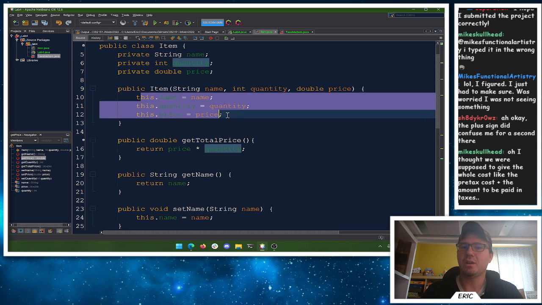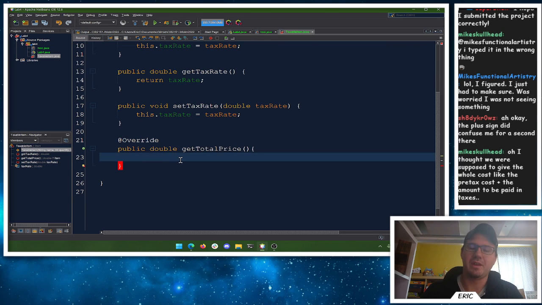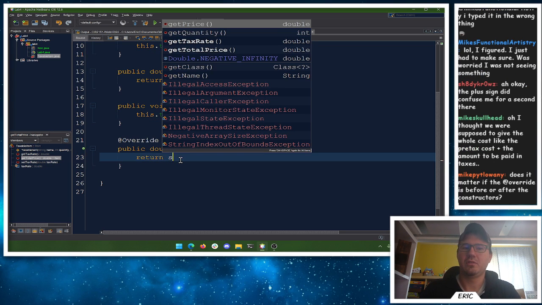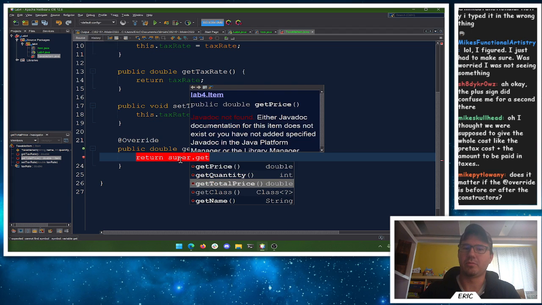I can't get the values directly, or I could get my superclass's version of total price. Either one's perfectly fine. I think that's probably faster here. So we're going to say return super.getTotalPrice